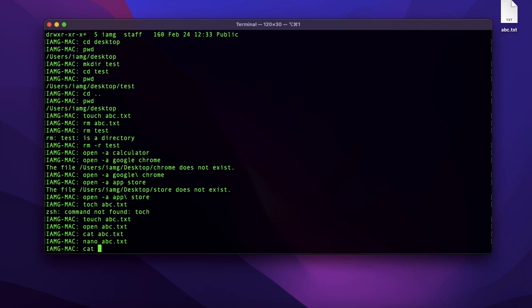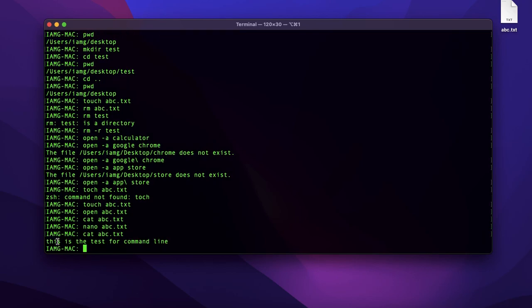If we have to open this same file on the terminal, we need to type cat abc.txt. See, this is what we have written there. This is the text for command line, right? Okay. So the next command which I have,